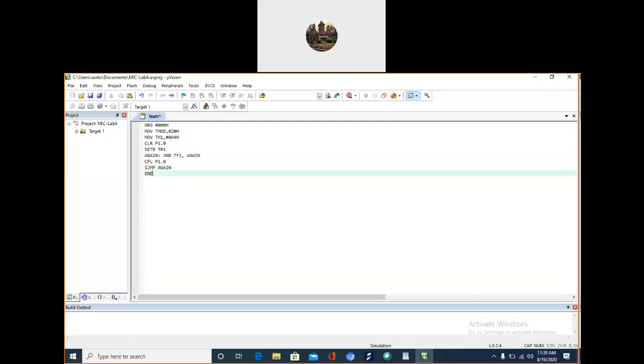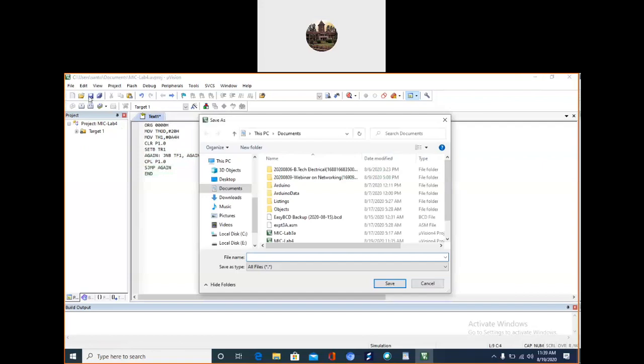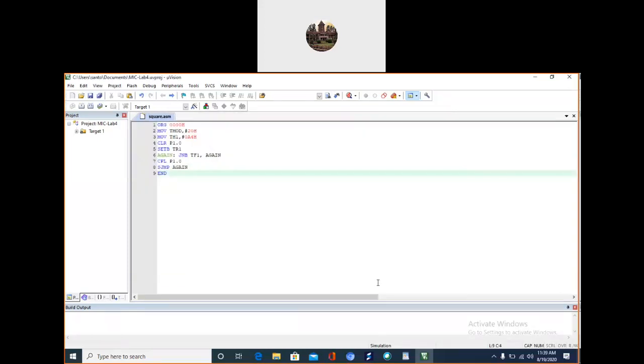So the next step is I first have to save it, as square dot asm, sorry, square dot src. The next step is, this is the source code. I have to copy this source code to Source Group 1.